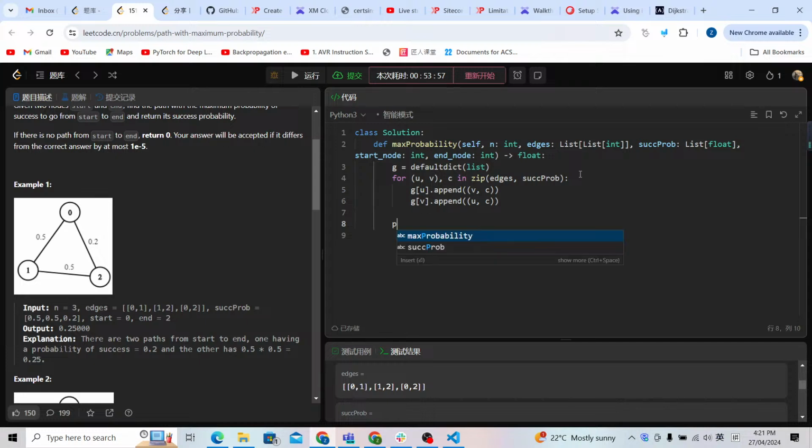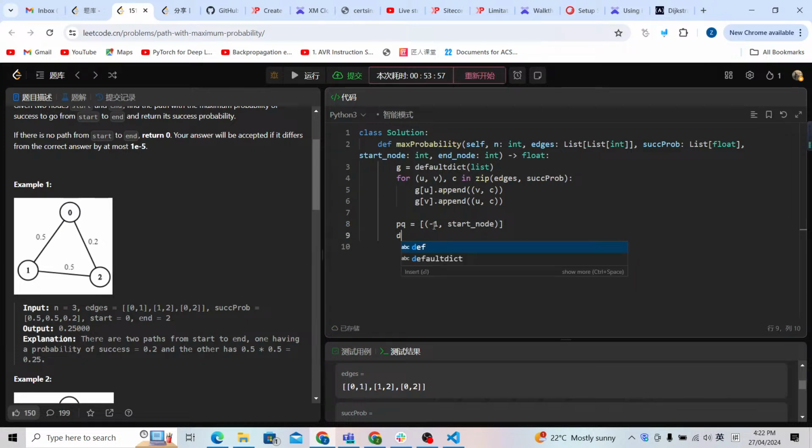Now let's prepare the priority queue. Inside we're going to have a cost. As I said before, I'm going to prepare the cost to be -1, because if I put a 1, we didn't turn the edge to negative values. If we use a -1, it means -1 times all other values will be negative. So we're going to use -1 as the initial cost, and then we're going to use the start node. And then we're going to prepare the distance array, which is going to be infinity times the number of nodes, and the dist with the start node would be equal to